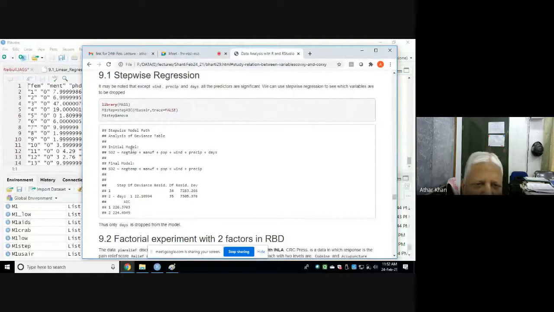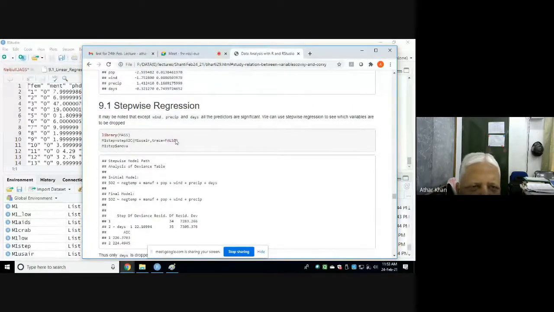See what happens. It started with all these, and the final model is what? Negative temperature, manufacturing, power, wind, and precipitation. So this is the final model. See, precipitation and wind were not significant here, but they are not being dropped by this model, by this criterion of step AIC.